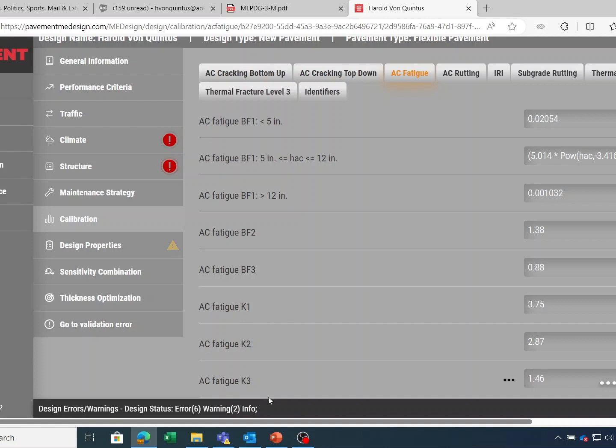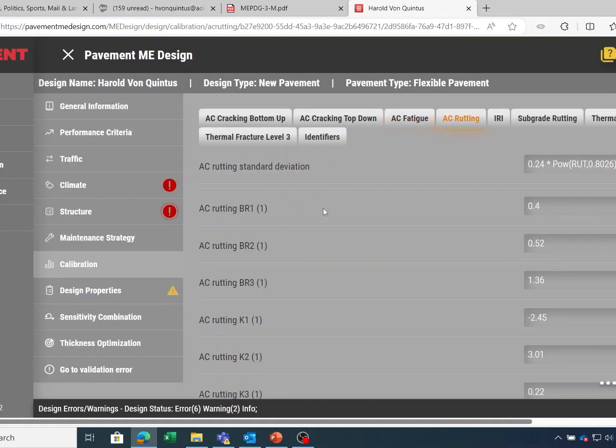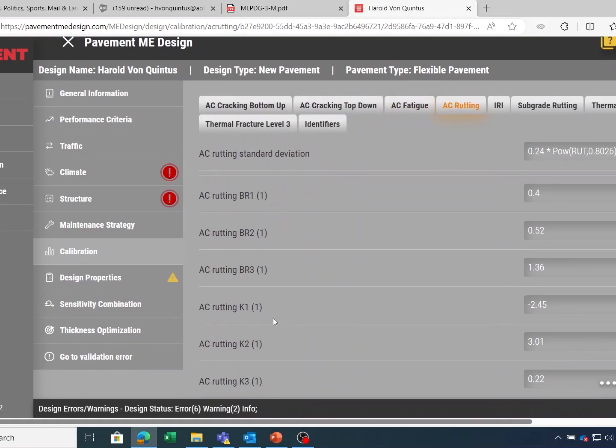We will define these later in the presentation and how they are determined for use in design, but these are derived from laboratory tests to calculate the fatigue strength of the asphalt mixture for bottom-up fatigue cracks for the lower asphalt layer. AC rutting, there are also three coefficients that are measured in the laboratory that have to do with